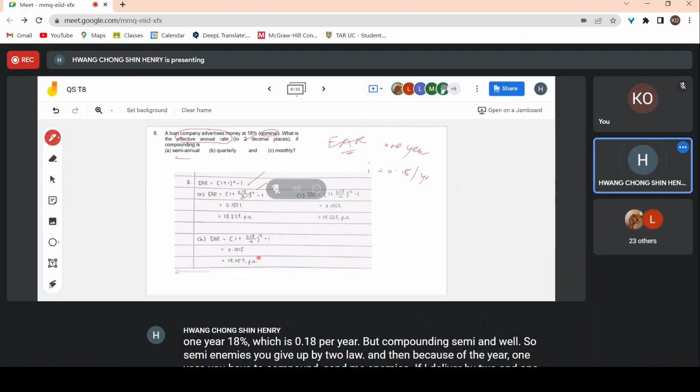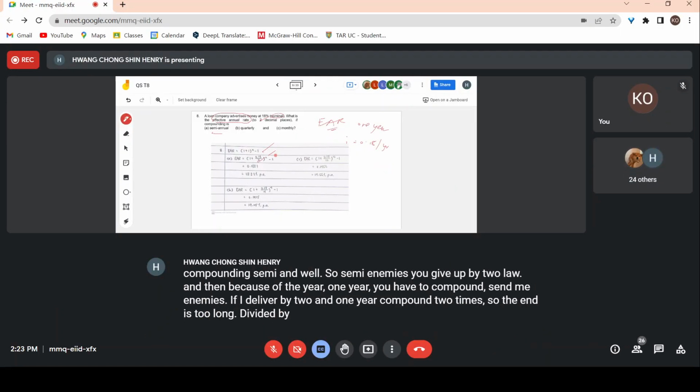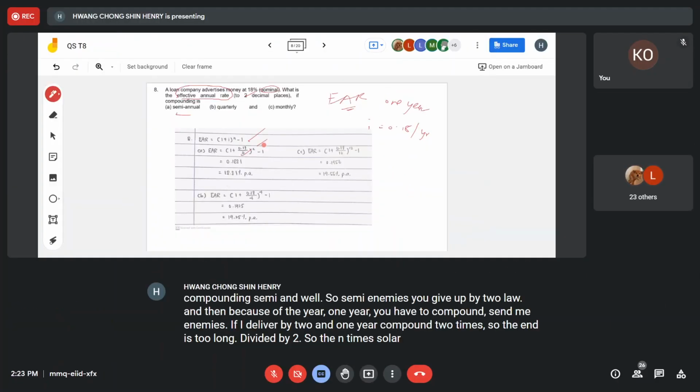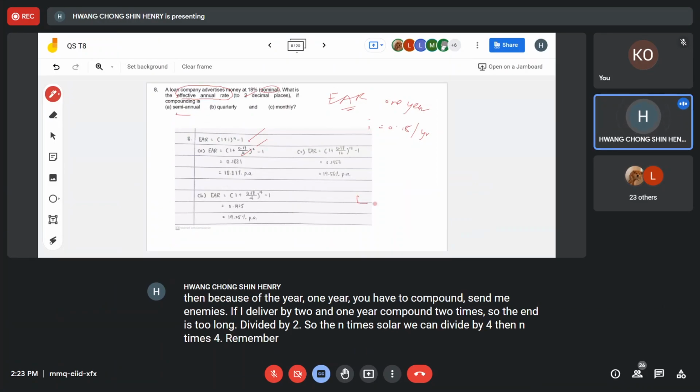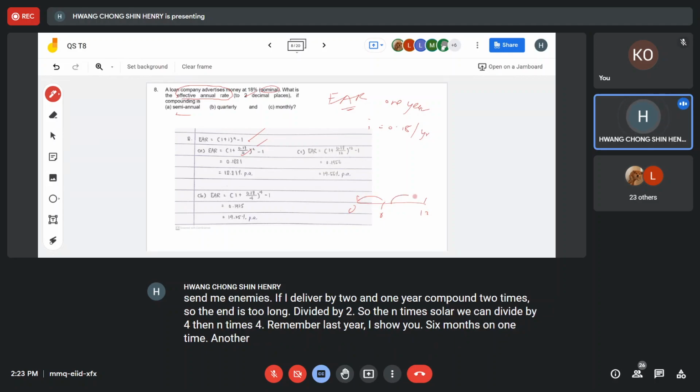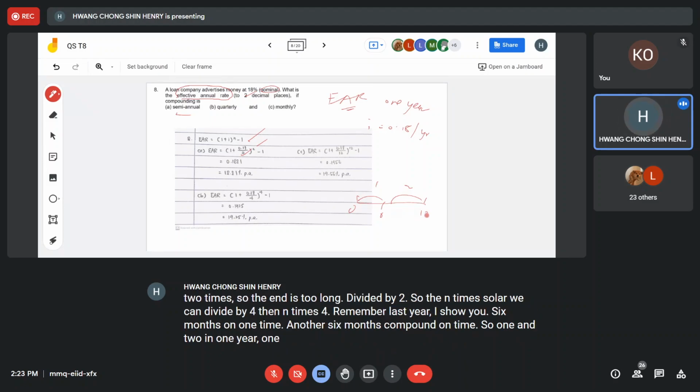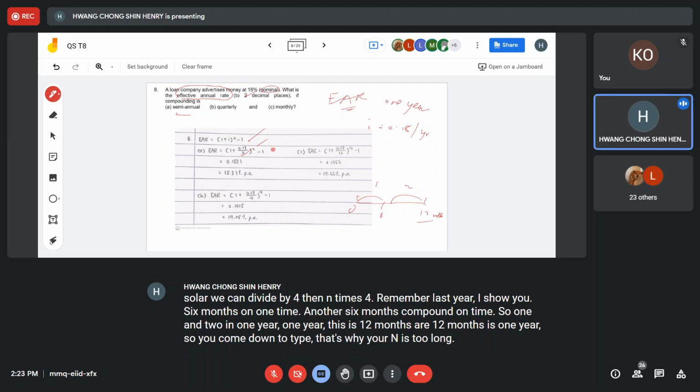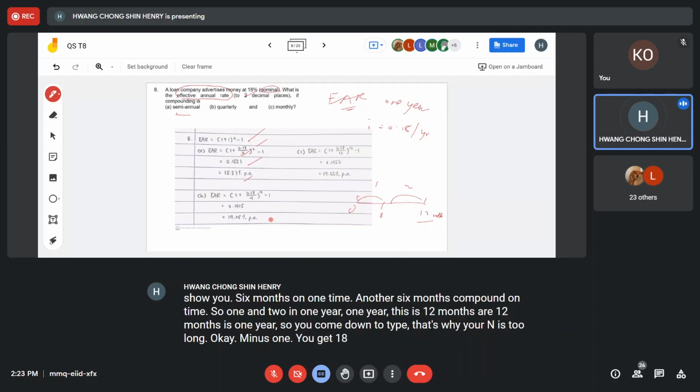If you divide by 4, then the n is times 4. Remember last week I showed you 6 months compound one time, another 6 months compound one time. So 1 and 2 in 1 year. 1 year is 12 months. So you compound 2 times. That's why the n is 2. Calculator, minus 1, you get